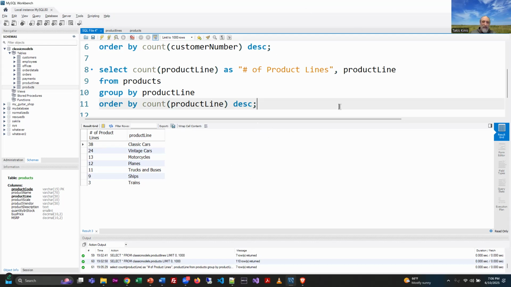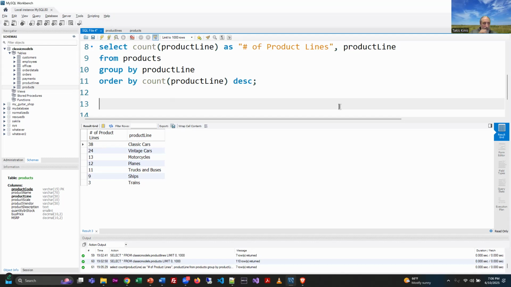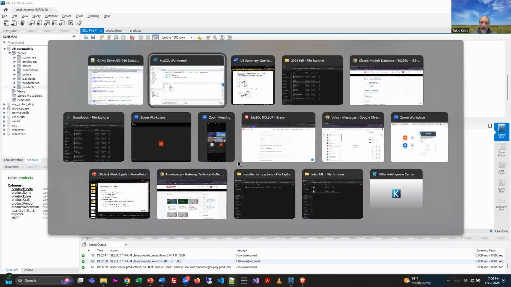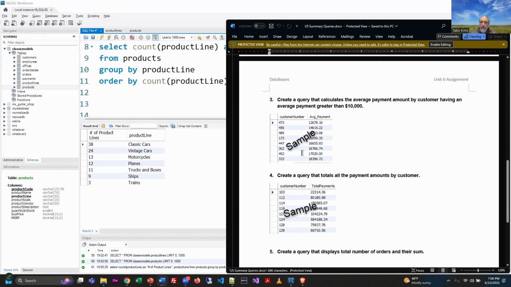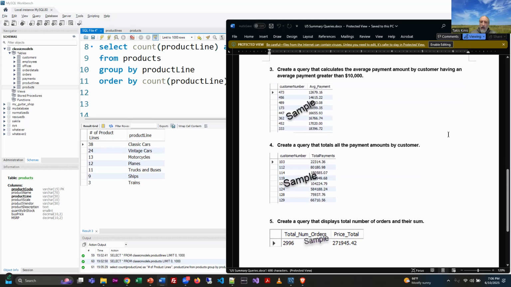All right, let's move on to number 3. So number 3, and I should bring up the document ever so briefly here. There we are. So number 3 says, create a query that calculates the average payment amount by customer having an average payment greater than 10,000. Okay, that's a little bit taller order. There's a lot more going on here, right? So we need